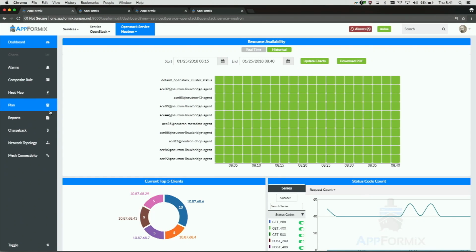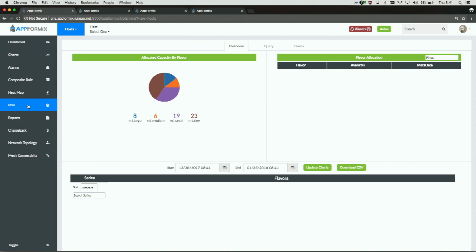What I want to also show on the visibility side is that beyond just the real-time metrics and showing service health, how VMs or hosts are consuming resources, there's a second aspect beyond real time that we want visibility and analysis of: how things perform over time. And for that, we have a number of tools, for example, capacity planning,